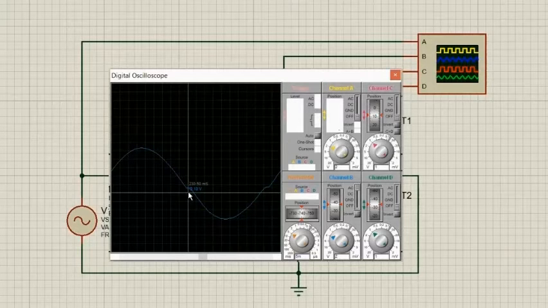In the class B amplifier, the transistors are biased at the cutoff region. The transistor can enter the active region if and only if its base-emitter junction is forward biased. The input voltage must be greater than the cut-in voltage of the junction. If the input voltage is less than the cut-in voltage, the transistor will be in the off state and the output is zero. The output signal will be distorted near the zero crossing.